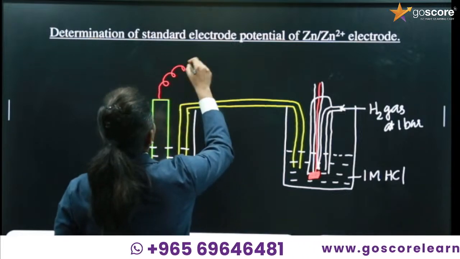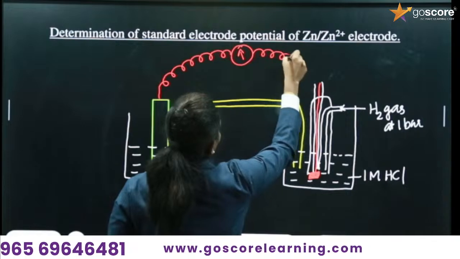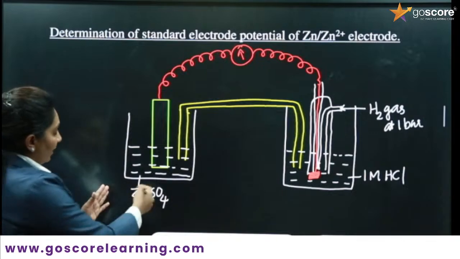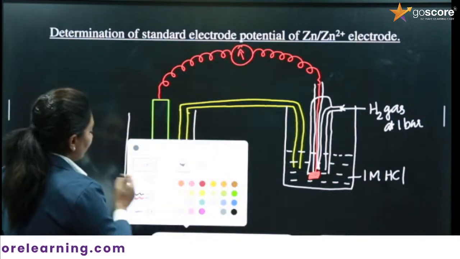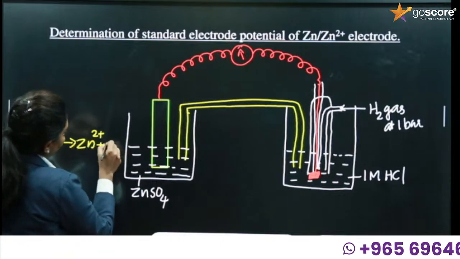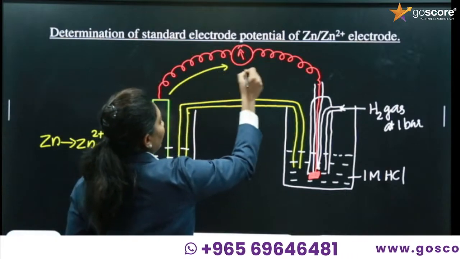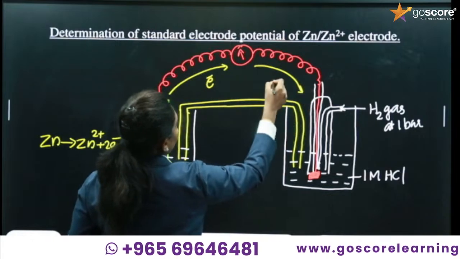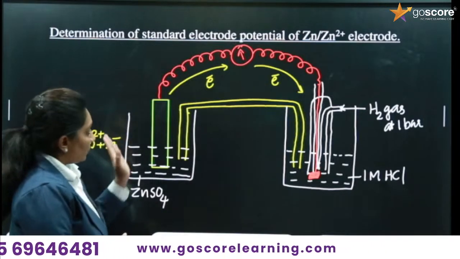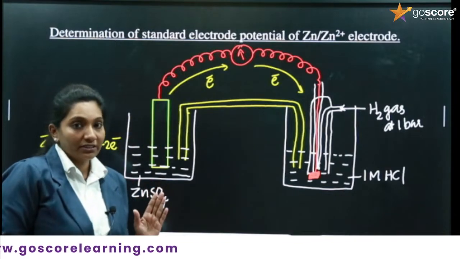and of course there will be a galvanometer, and when you connect this, we can see what will happen: the zinc will be converting to Zn2+ and electrons, right? So the electron flow will be from here to here, the flow of electrons. Once you connected this, we understand the zinc is donating the electron, that means